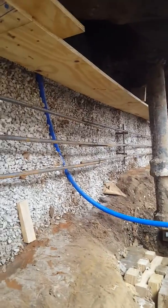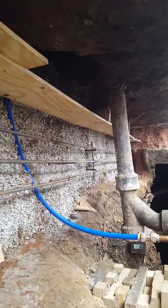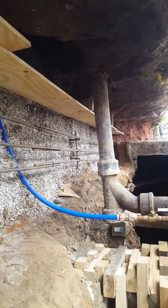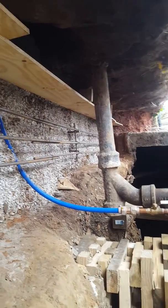The other thing that we did is we came in and we put this rebar in here. The goal is you want the rebar to be no closer than 1.5 inches to the edge of your concrete. So right now I got some helpers with me. They're going through, making sure that there's enough room underneath the rebar, and as you can see, it's more than a fist away from the edge of my form, so we'll be good here